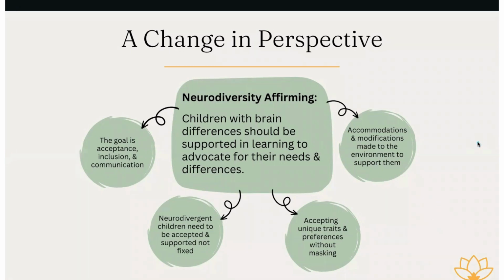And then it also focuses on that communication piece. So as we talk about intervention and therapy and things like that, the neurodiversity movement is really pushing towards how can a neurodivergent individual communicate clearly their wants and needs rather than teaching them to go along with what the expectations are for them, right? So it's more focused on how can they communicate clearly and effectively with everyone around them.